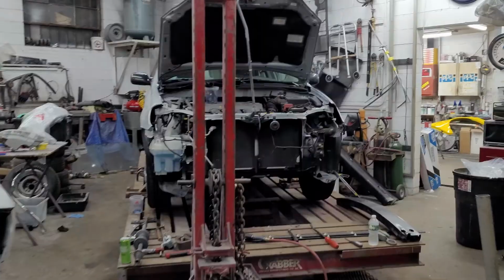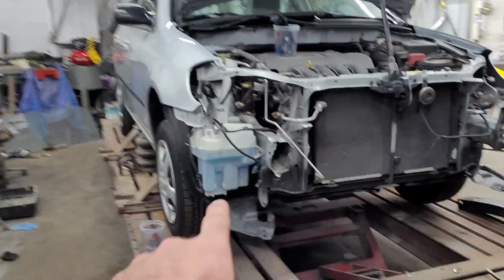Alright guys, finally made it to the body shop, about an hour south where I live. Actually used to live down here, as you can see. Got sick of the traffic, but let's go inside, talk to Ben, and get set up here. Alright, here we are. Ben and I were working on this Corolla just a little while ago, but